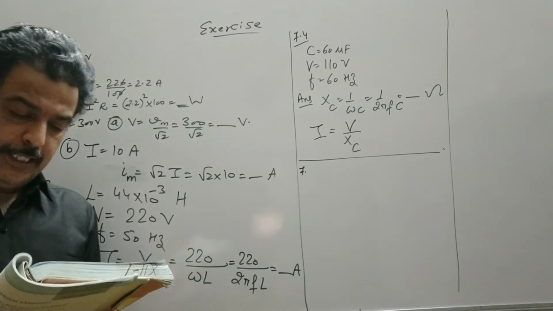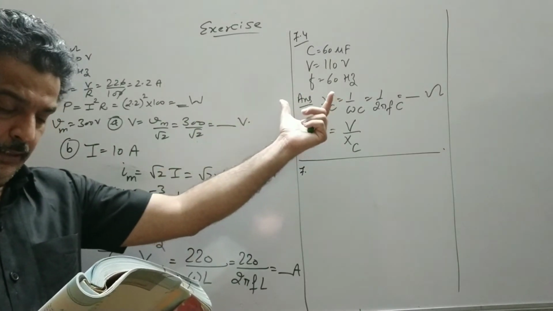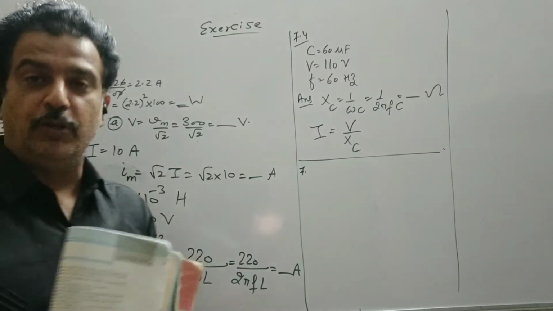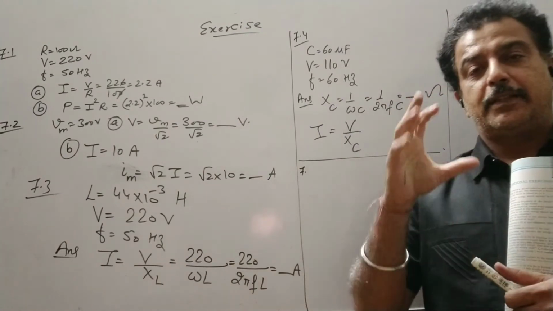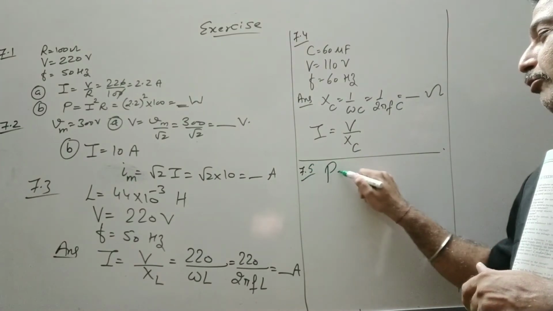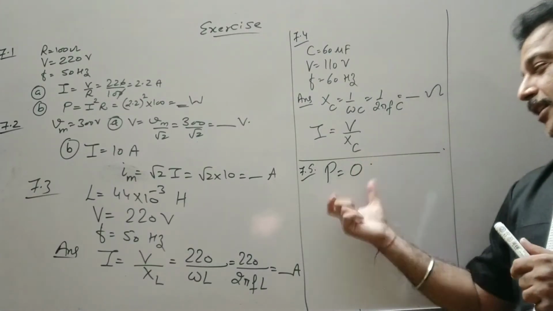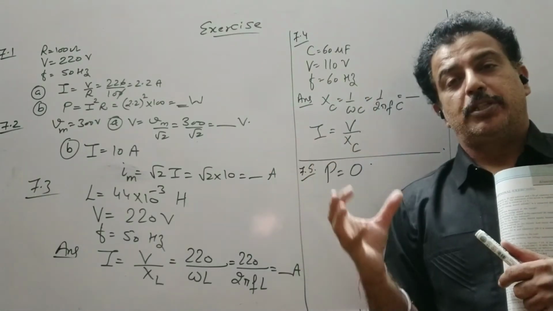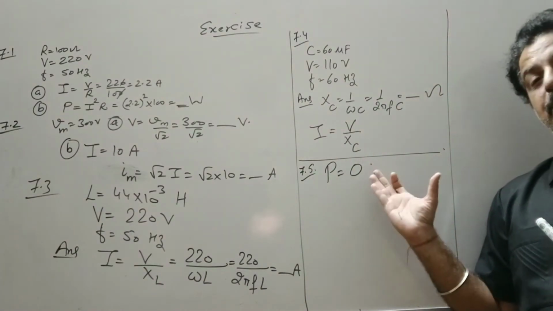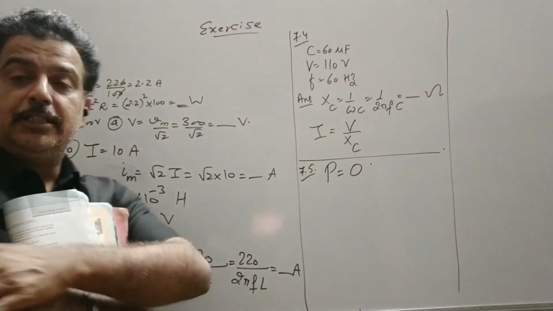7.5. In exercise 7.3, this is the reference taken, and in 7.4, what is the net power absorbed by each circuit over a complete cycle? Explain your answer. So we know that when the circuit is purely inductive or purely capacitive, the power consumed was equal to 0, and we have discussed this theory. So that theory portion you can write in this question, how the power consumed was proved to be zero by doing the integration of the instantaneous current.